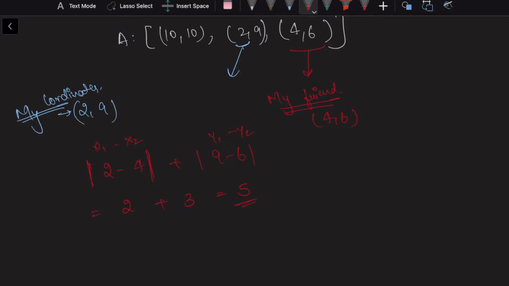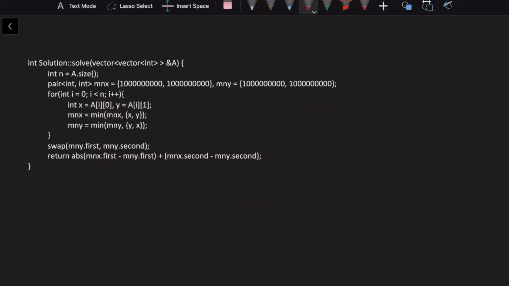Let's look at the code for this problem now. We're given the pair list that we have, and that pair list is named A. We are taking the size of this pair list inside of n. We are creating new pairs in which we'll store our minimum x and minimum y, and we initialize them with the maximum value that my pairs can have.